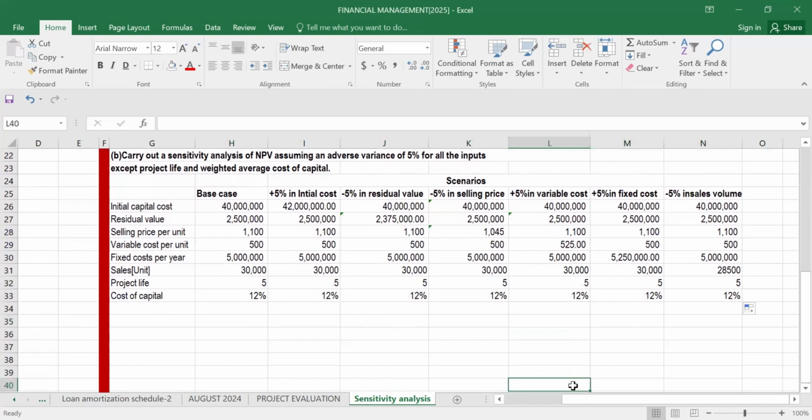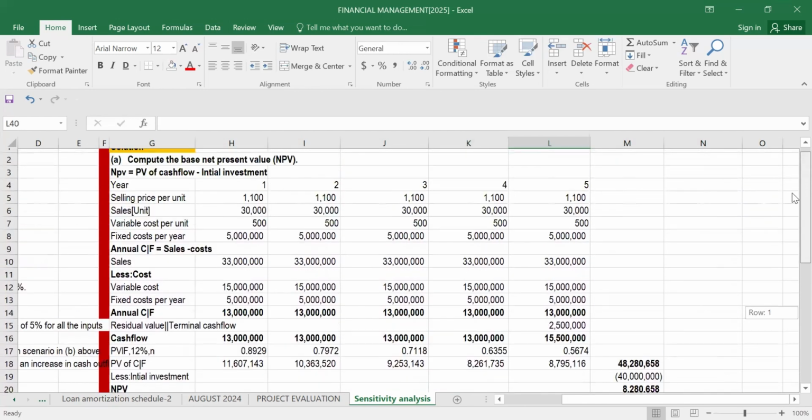Will not change. Now, having this, I want us to compute the NPV under all these scenarios. So how do we compute the NPV? For us to compute the NPV, just like what you have done up here,